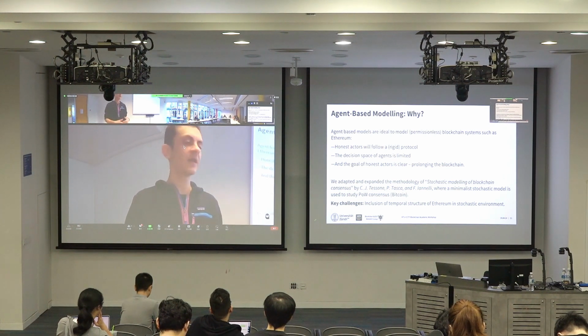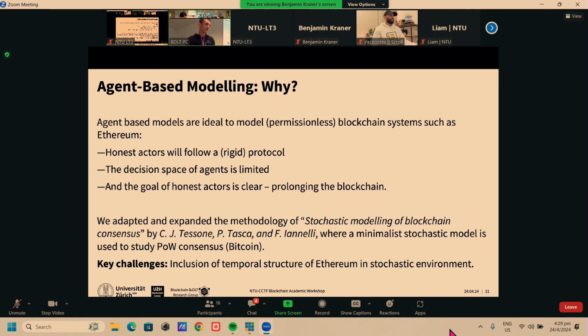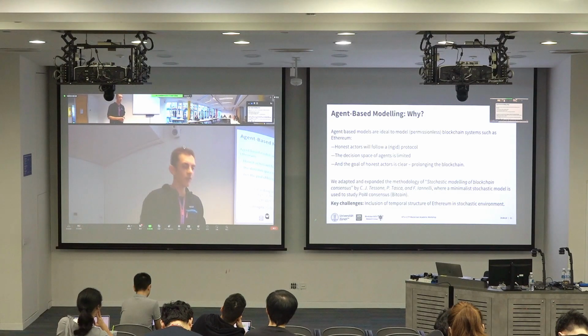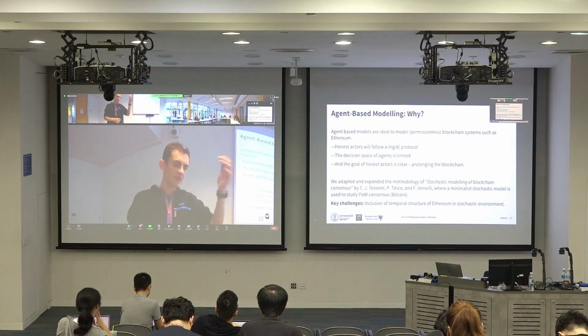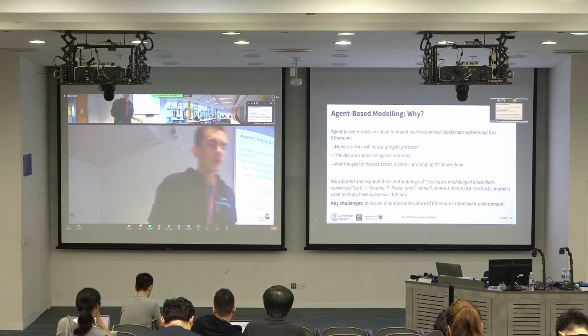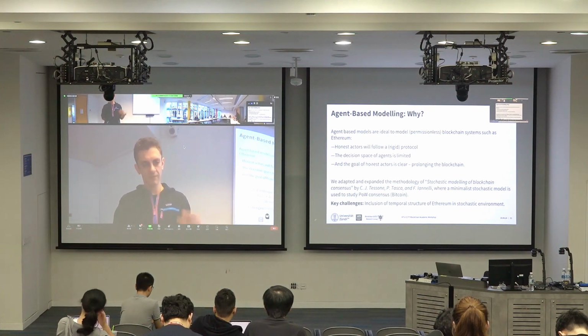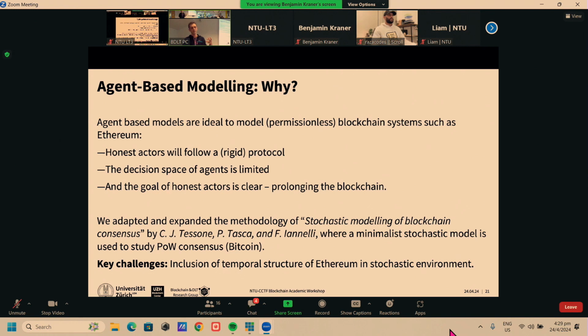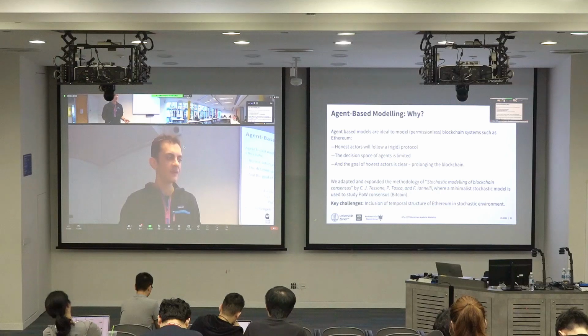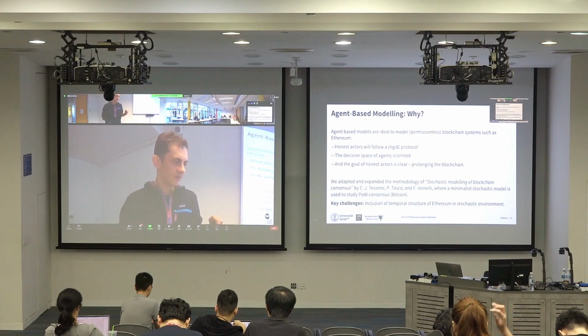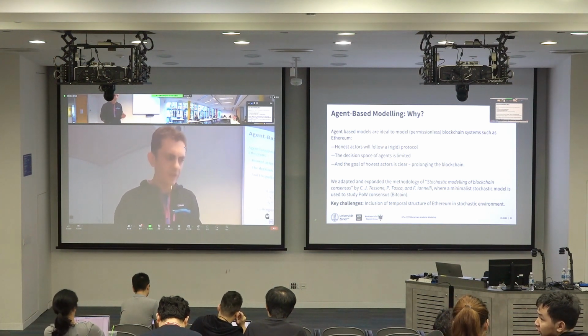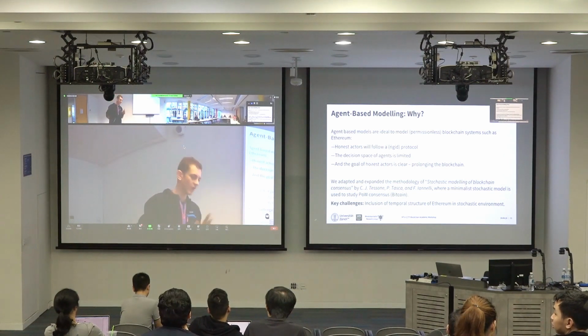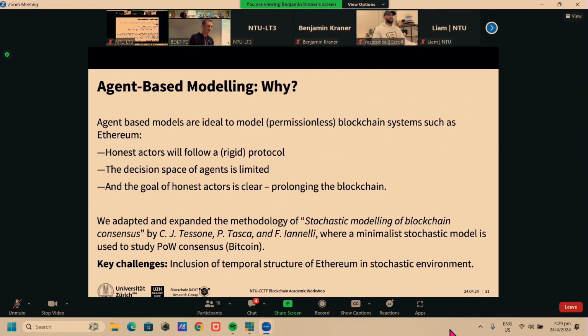Here, though, I can simulate certain things. So I think it's a very appropriate methodology, and I will come back to it later as well. We're applying the methodology that was proposed by Professor Tessone in an earlier paper, where they create a minimalist stochastic model of a blockchain, of Bitcoin in that case, which works very well. In my opinion, it neatly ties together the different processes and gives very valuable insight into how to model such protocols. So I can tell anybody who is interested in agent-based modeling of blockchain systems that this is a really good starting